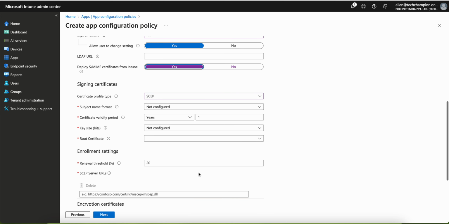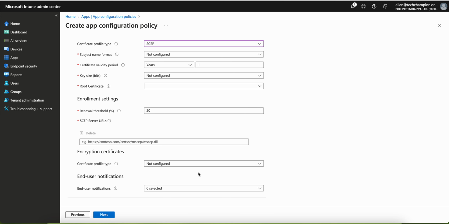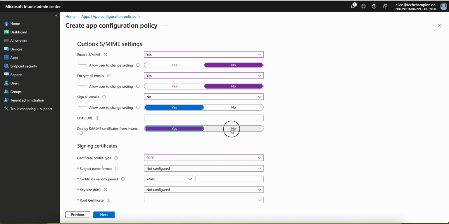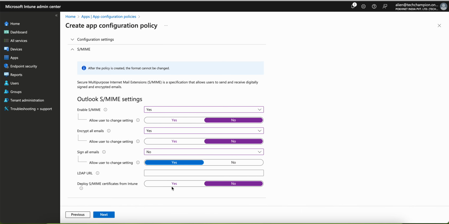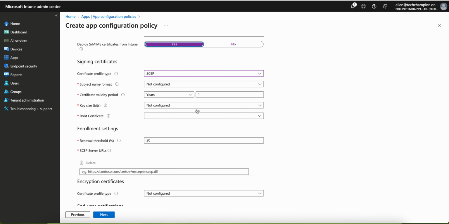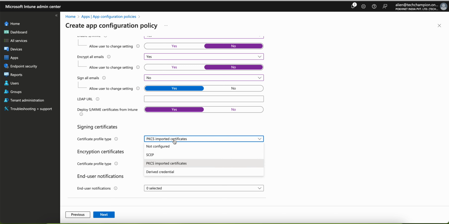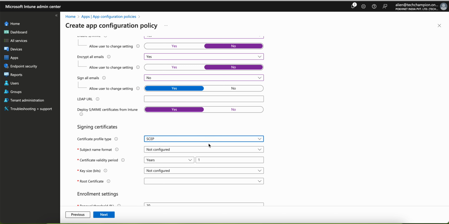Depending on your choice, you can select it. You can also add it here if you're not deploying separately, but I would prefer to deploy the certificates through a different profile. That is useful if you are using that SCEP profile for Wi-Fi authentication,